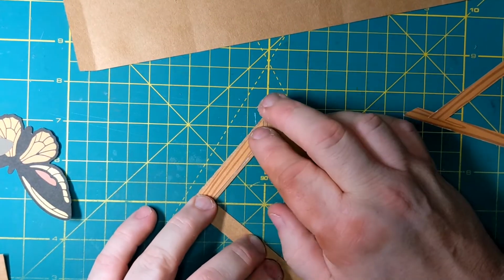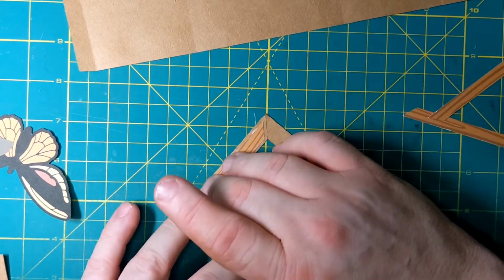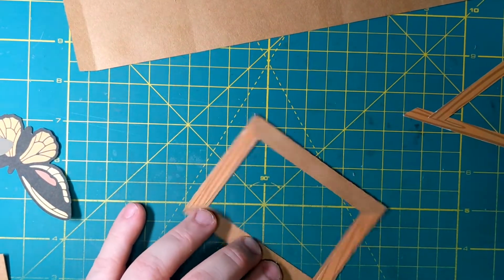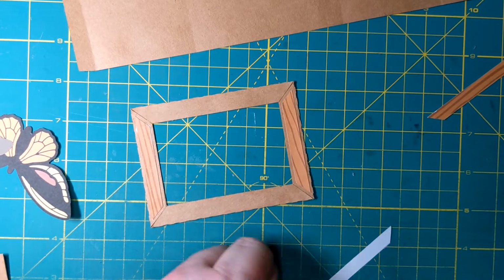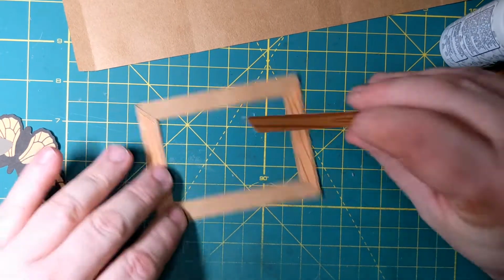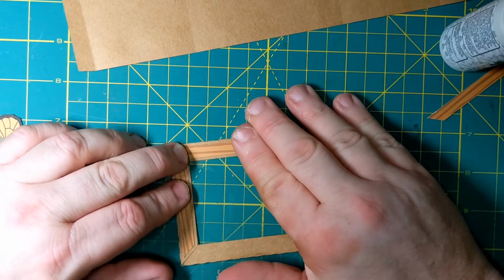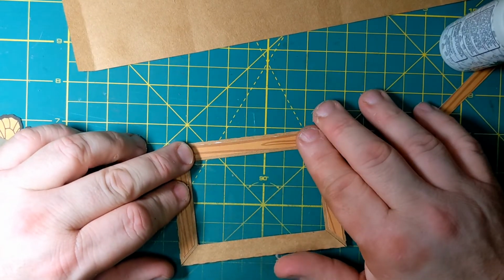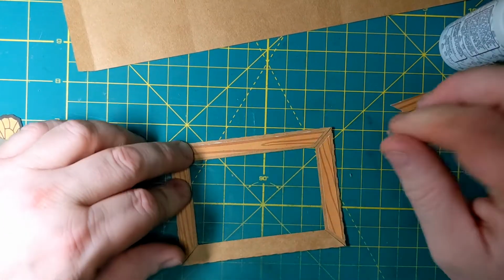Just got to make sure they're on straight, and I keep saying that. I usually say I can't even think straight. Okay. There's this piece. Oops. And the original,